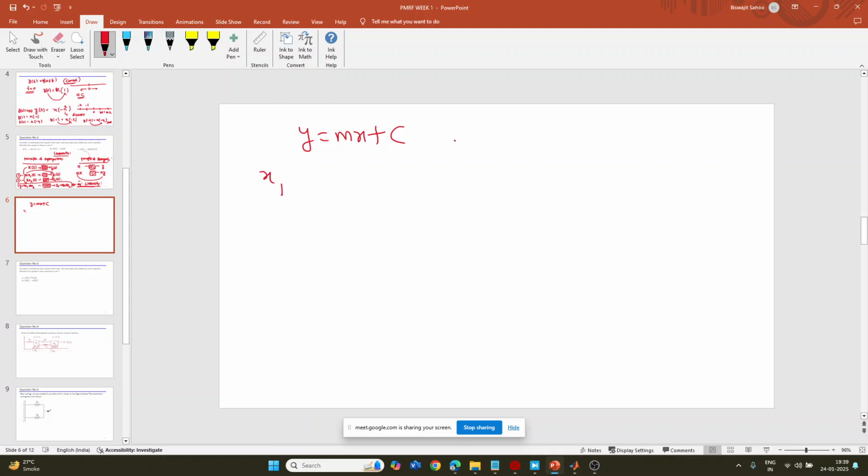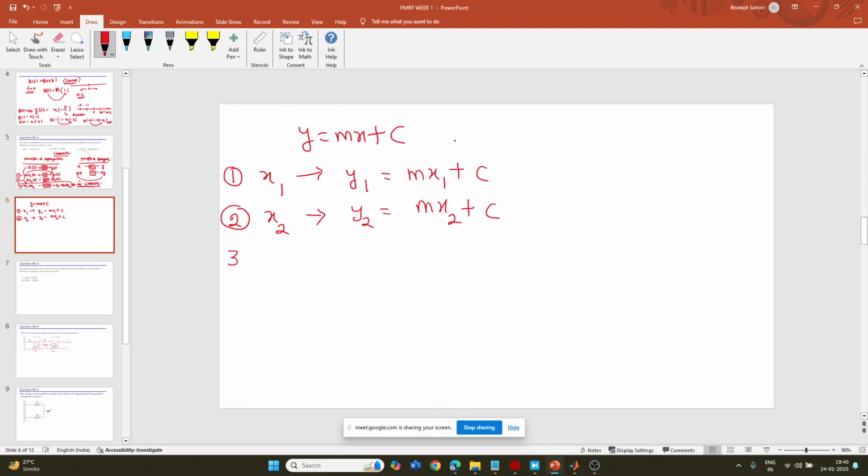Now, the same way I told you, I have defined it. X1 gives y1, because this is my output whenever I apply the first input. First input is x1, then what is my equation? y1 equal to m into x1 plus c. This is the first equation. Let's say another person is coming and applying another input x2, then what is my output? y2 equal to m into x2 plus c.